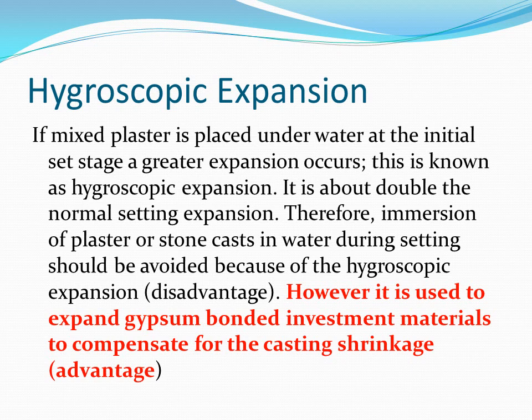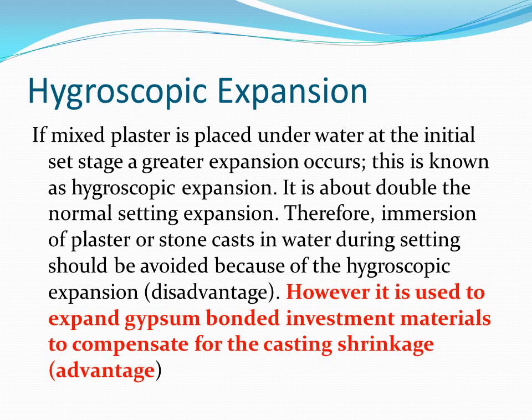Again الhygroscopic expansion إذا الميكسينج of the plaster صار under the water the initial set stage greater expansion occurs. This is known as hygroscopic expansion. Is about double in magnitude than the normal setting expansion. And there is advantage of it اللي هي used in the expanded gypsum bonded investment material to compensate the casting